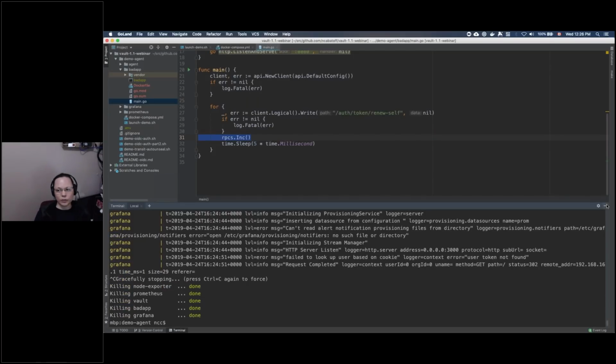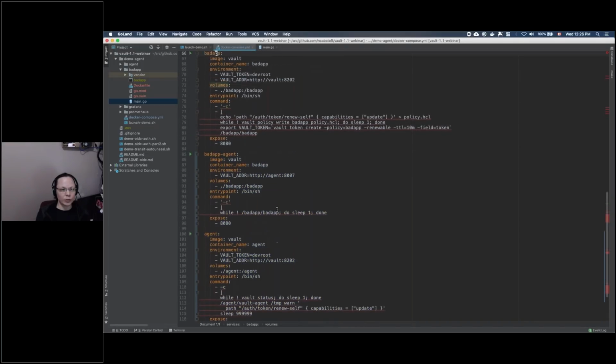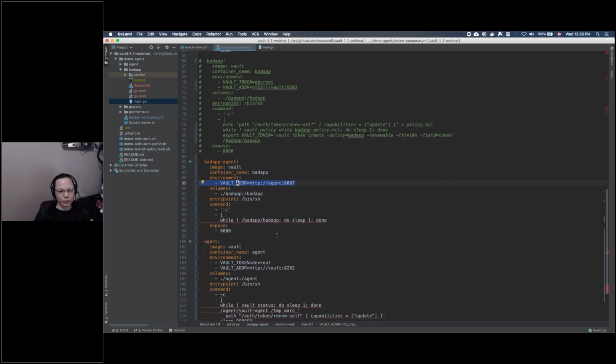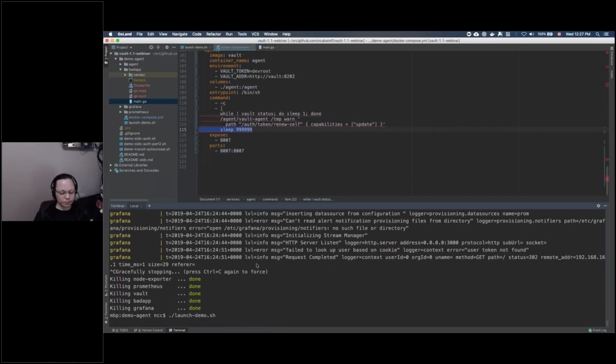So what if instead of running it that way, we go and we replace that bad app with this bad app? It's still the same application, still running in the Vault container, but we're not actually asking for a token. We're just going to rely on the agent, which we're connecting to on port 8007. The agent is talking to the real Vault, and it waits for Vault to come up, and then it spawns the agent. I'm not going to show you the details because I don't really have time. And then it just sleeps and lets the agent run in the background and handle requests. So if we run that now,